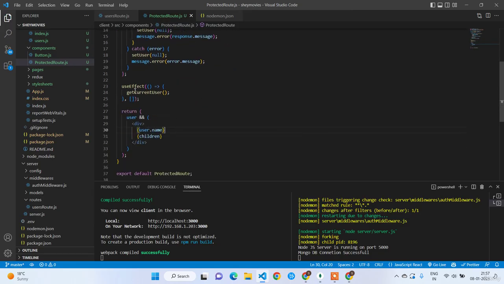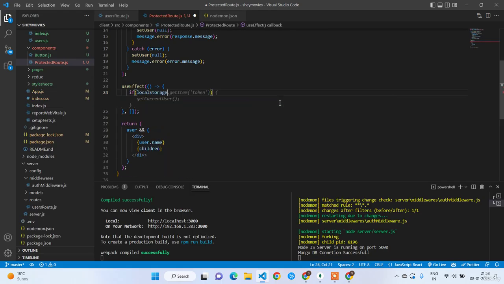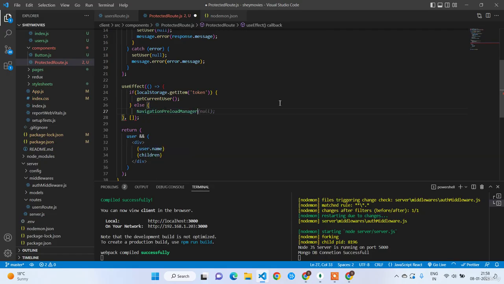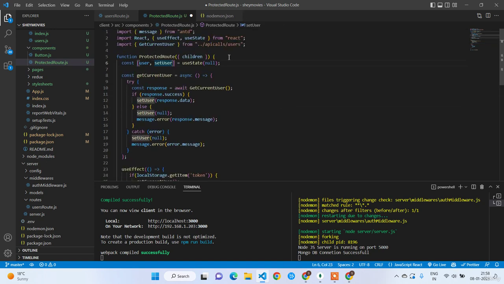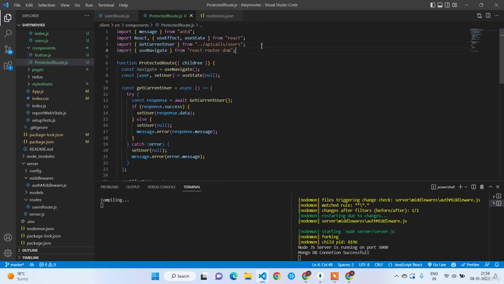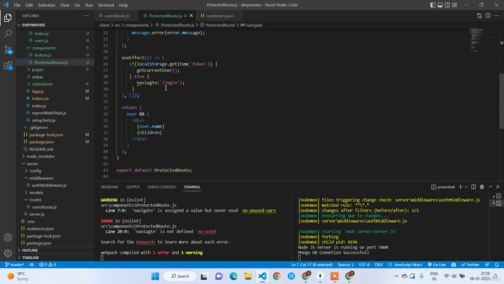Okay, so here in the useEffect you are calling this getCurrentUser, right? So you have to call it only if the token is present in the local storage. If localStorage.getItem token, getCurrentUser, else you have to navigate to the login page, and you should have the navigate button here. Const navigate is equal to useNavigate. Okay, navigate. Yep,